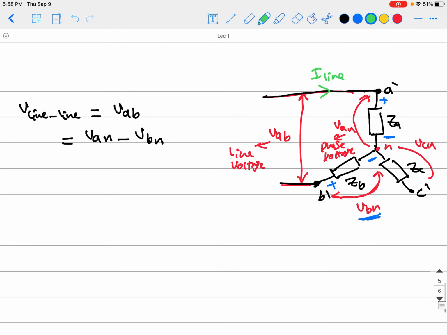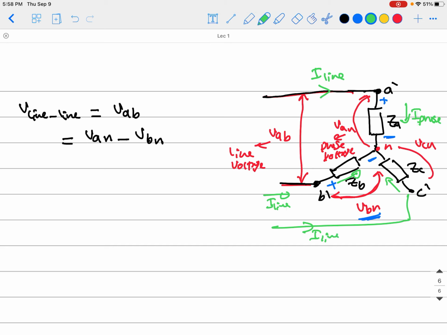But what about the phase current? That's the current moving into the phase. So this moving into the phase is I phase, okay? You will have another phase current coming here, another phase current coming here, another line current coming from here, and a third one coming to this one,